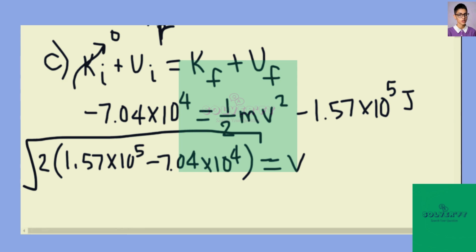Square root of 2 times 1.57 times 10 to the fifth power minus 7.04 times 10 to the fourth power. Square root of that gives me